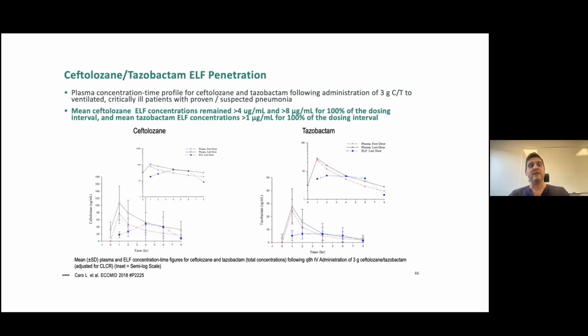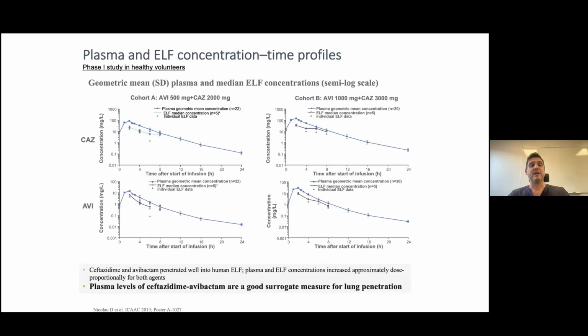This is again the ASPECT trial, showing that before designing the study, we needed to be sure that we were reaching adequate lung concentrations with ceftolozane and tazobactam. Similarly, it was done by David Nicolau in the States with ceftazidime-avibactam. And I think that these phase 1 studies in healthy volunteers are really giving a good understanding of the type of dose